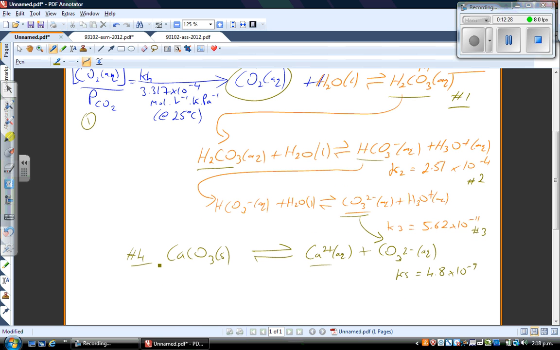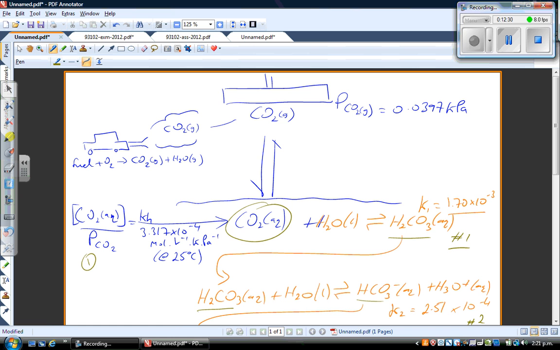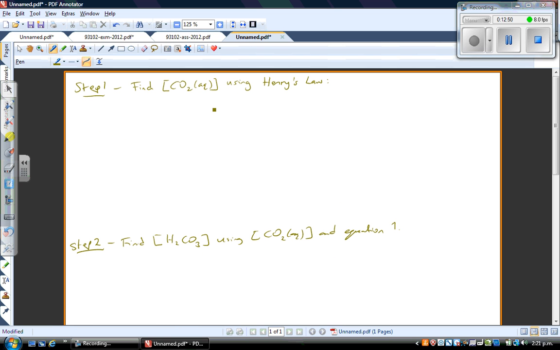So, okay, I've just laid out a new page, just to go through each of these steps. But the first step is to figure out the concentration of aqueous CO2 using Henry's formula there, and equation number 1. So I've laid out this page. So step 1 is to find the concentration of aqueous CO2 using Henry's law. Henry's law